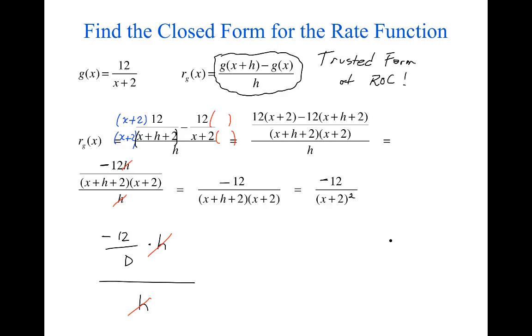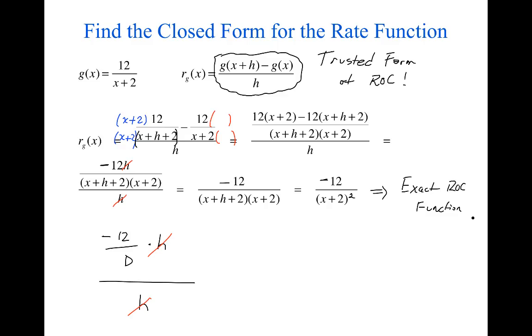Okay, so what did we just find? What is negative 12 over (x plus 2) squared in the big scheme of what we were doing? What does it mean? It's the closed form of the rate of change of function g, right? This is exact because it's the expression when h is essentially 0. So this is our exact rate of change function in closed form. We like closed form because we can pretty much instantly get any rate of change we want